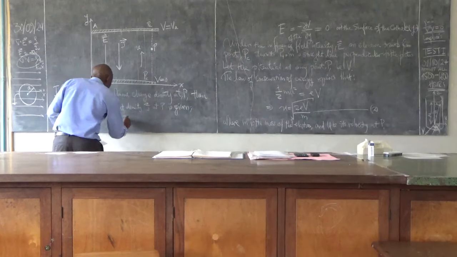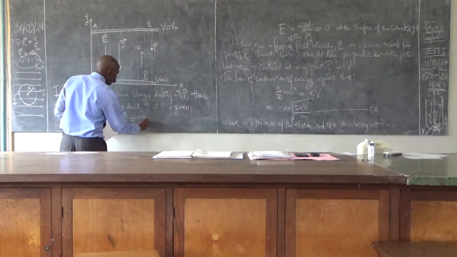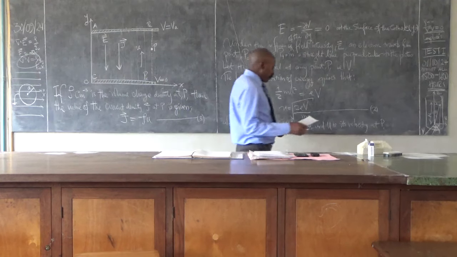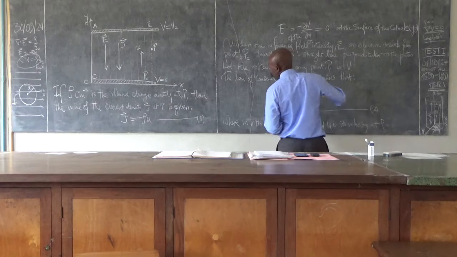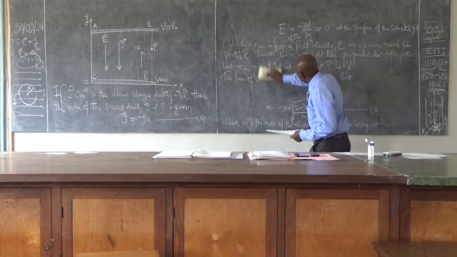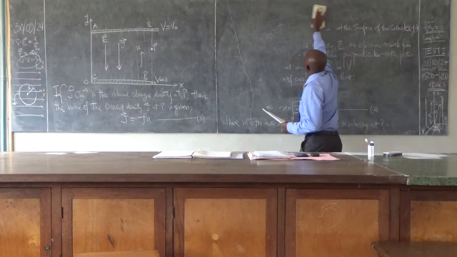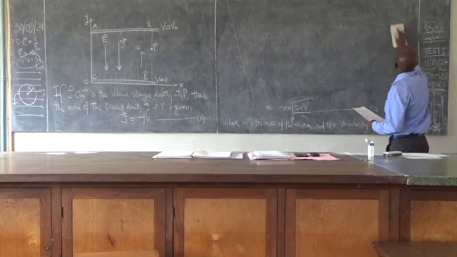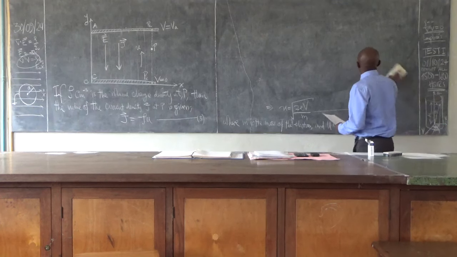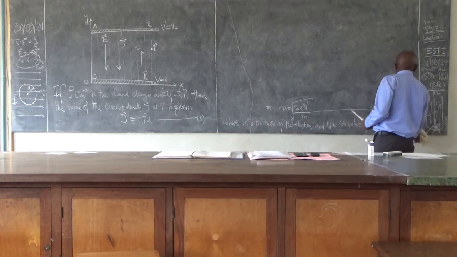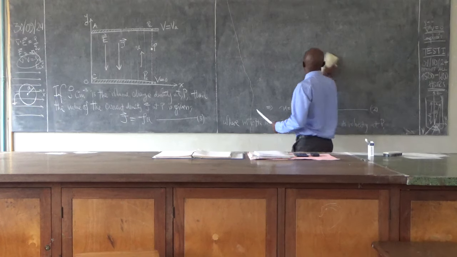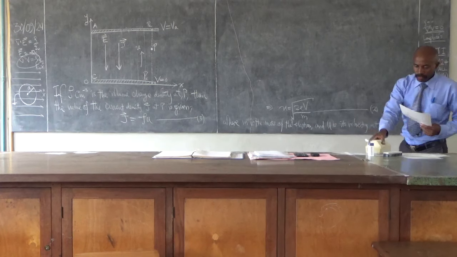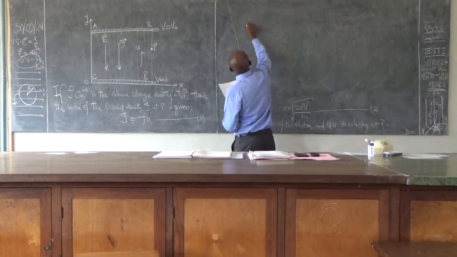So since all of you have agreed that it is equal to minus rho u, this being our third equation, then we would have that from equations 2 and 3,